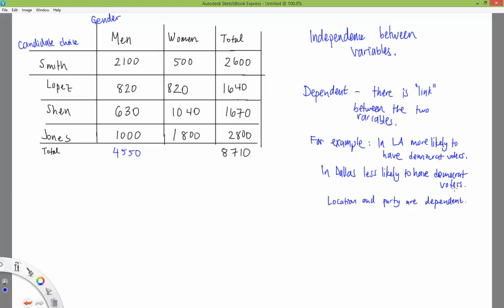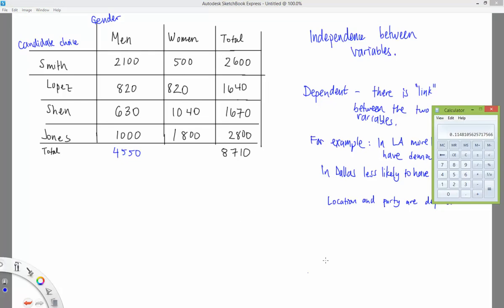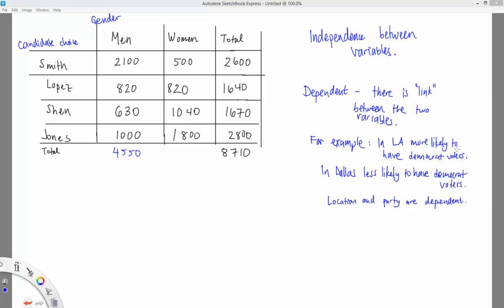So how can we begin to answer this? Well, what we should see, if the candidate choice and gender are independent, is that the following numbers should be the same. So if the candidate choice and gender are independent,